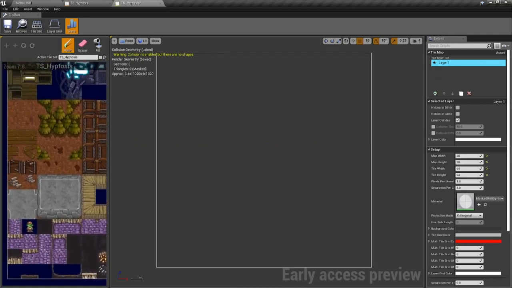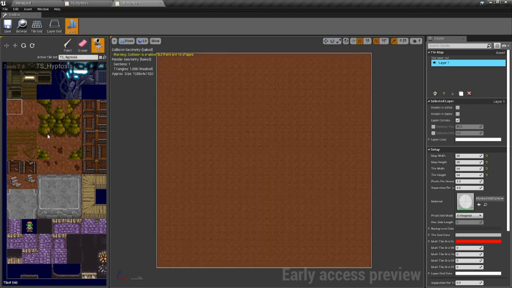You can fill this out however you want to, but I'm just going to paint mine in. Just kind of skip around, make it to where all the tiles don't look completely the same.